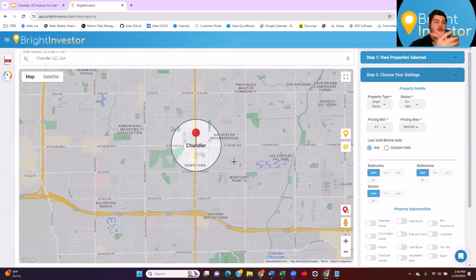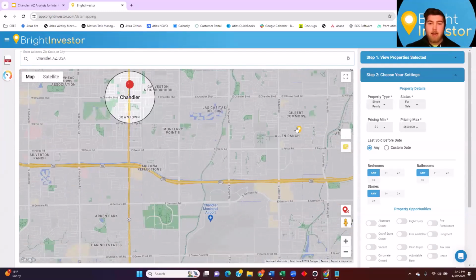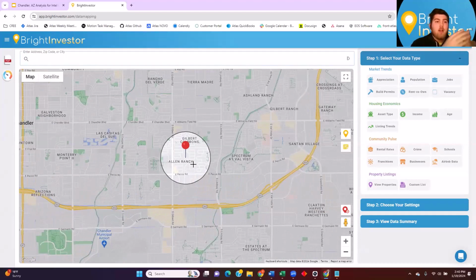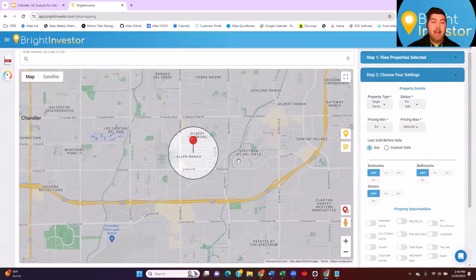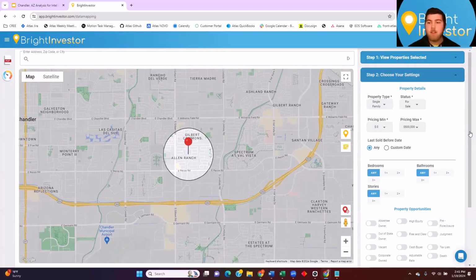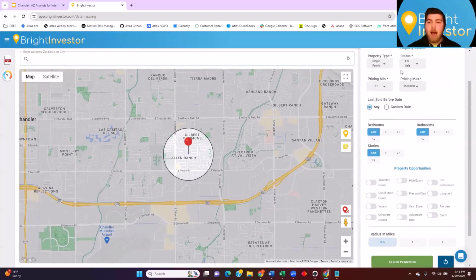So summarizing everything we just talked about, right? Population growth, job growth, rent growth, crime, path of progress, appreciation. I'm liking what's going on in Chandler. And I'm saying, you know what? I really like this particular area. This is where I want to go. This is that next step. This is where we start saying, how do I find a motivated seller for a property in this particular area that I like? So let's say I want to look at, I know the properties here are around